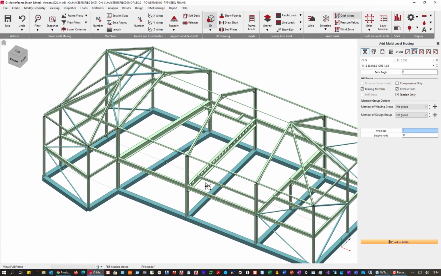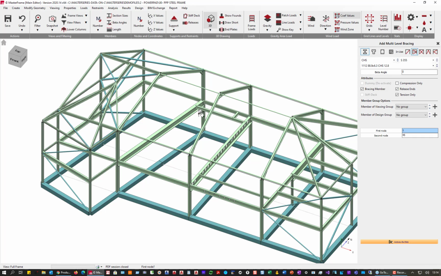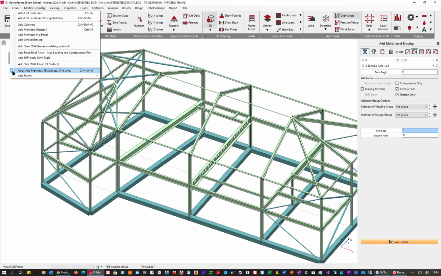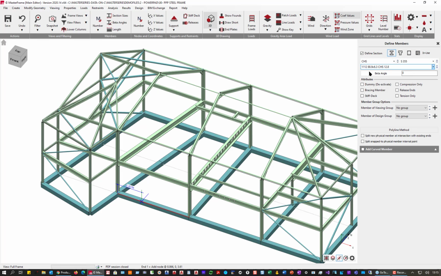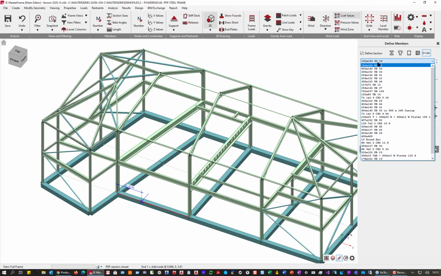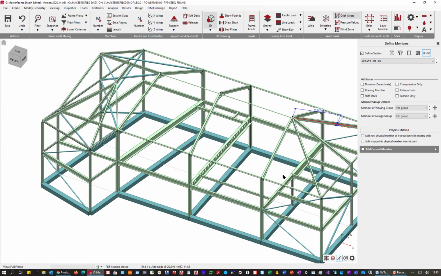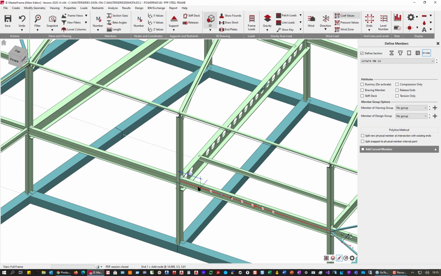Now I'm going to add in another couple of trimmers, because you can see here we've got that was between nodes. If I come along and create some members to trim this out, so let's add in some general members, and I'm going to choose a member that I've already used. So let's have a wee look at what I've been playing with. Oh, quite a few. Maybe a wee bit light. Actually, no, the 127 by 73 will be sufficient for what I want to do. So I'm going to come along here, and I'm just going to move across, and as you can see, I'm getting exact distances, and then come across,